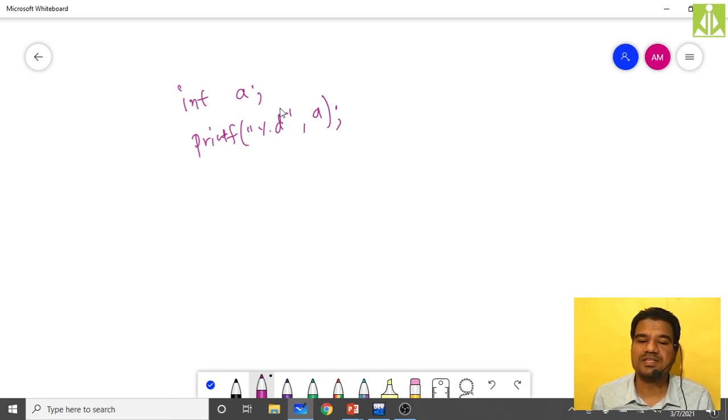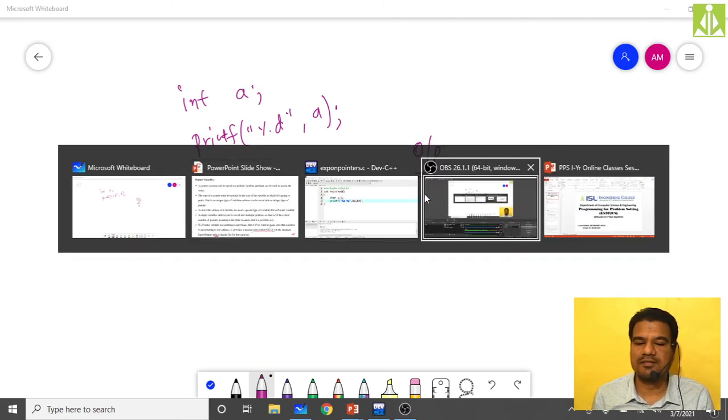My Dev-C++ is a modern compiler, so I will get the output as 0 here. Let me show you this difference.